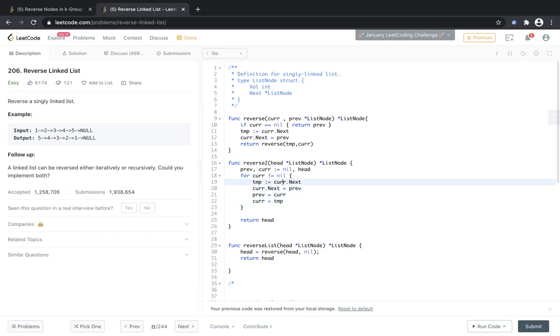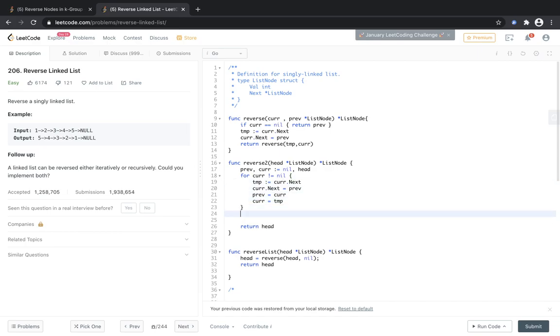Okay, so this is the value which we already saved. Why? Because this was modified, and previous became current, and current became the next value. And when the current is nil, we know that this ends, so head will now point to the new current, and we return the head. So reverse 2 will work. So it's better to also have a previous value initially. It doesn't matter because we know that in this case it's going to be nil, but in the next question we will see it matters.